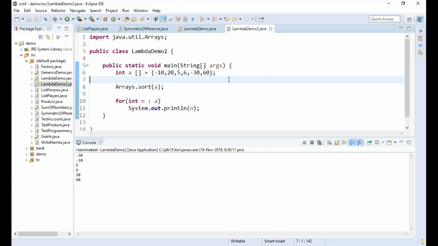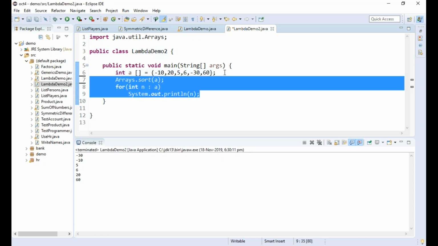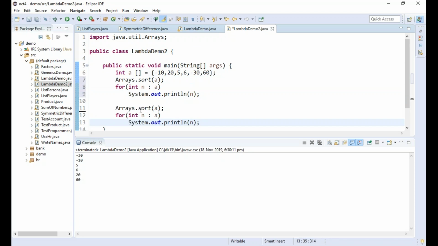But I want to sort these numbers not in this way. I want to sort numbers by their absolute value. I want to take the absolute value, which means you have to treat minus 10 as 10, minus 30 as 30, and then sort it. Well, to do that, we can make use of the second parameter available for this sort, because the second parameter is called a comparator. It is used to compare, and if you go and check what it does,